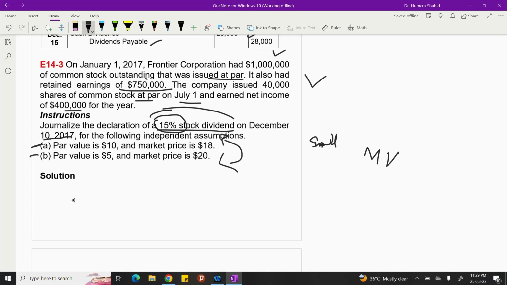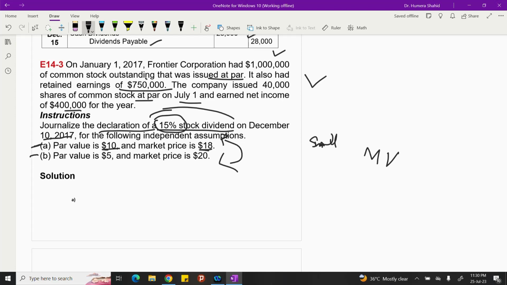We need to journalize the declaration journal entry only. And the par value, they say consider $10 and the market price is $18. It's a stock dividend. The stock dividend will get debit, common stock dividend distributable will get credit, and paid in capital in excess of par, common stock will get credit. Stock dividend will be recorded at the market value, but firstly we need to check how many new shares will